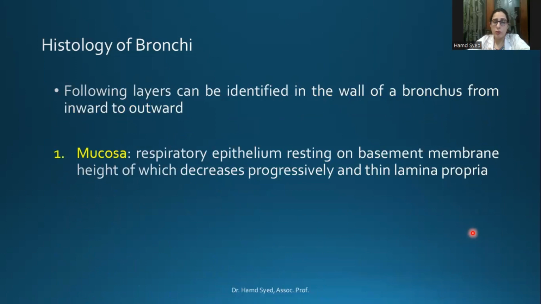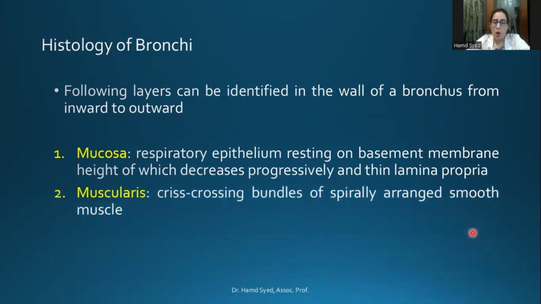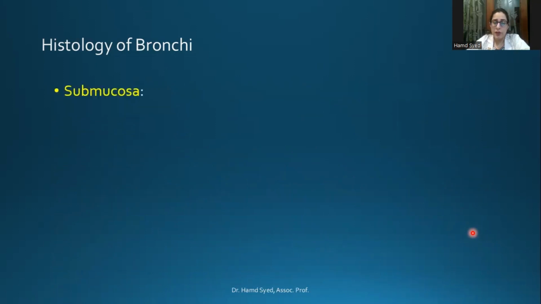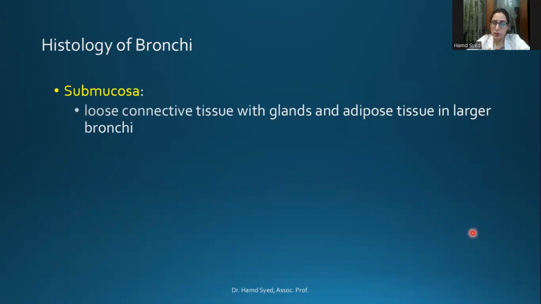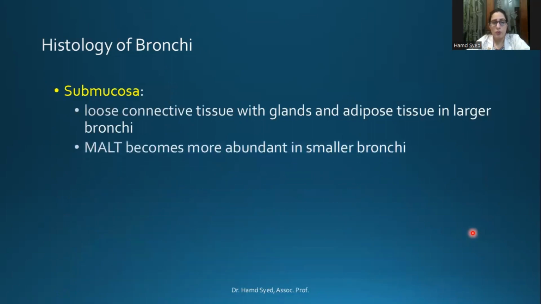Well, innermost is the mucosa, which also contains the respiratory epithelium resting on basement membrane. But the difference now is that the height of this respiratory epithelium has decreased and the lamina propria is thin. Also, there is a muscularis, which represents crisscrossing bundles of spirally arranged smooth muscle. Then comes submucosa, which has loose connective tissue and glands, and adipose tissue is now present in the larger bronchi,